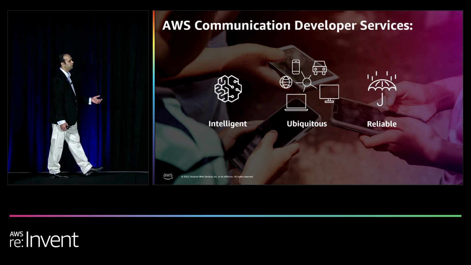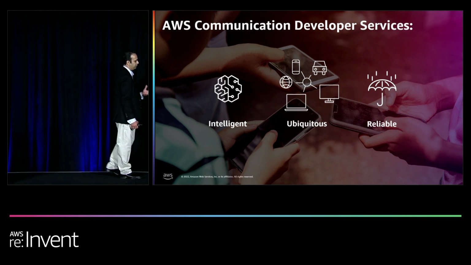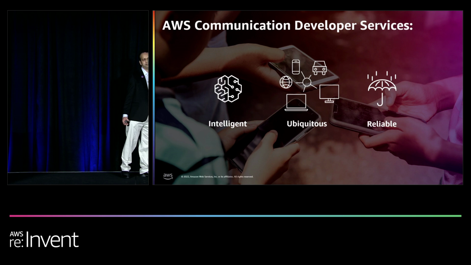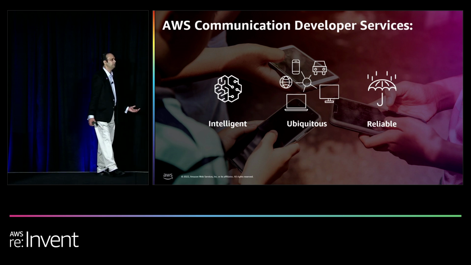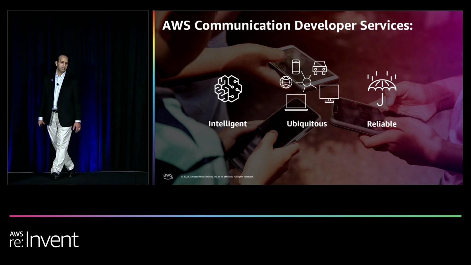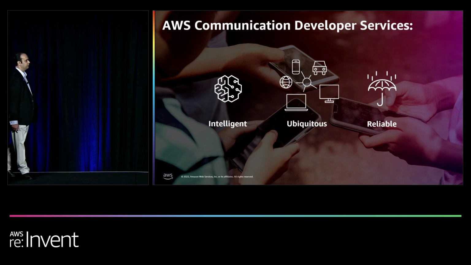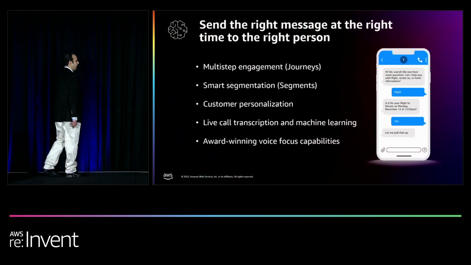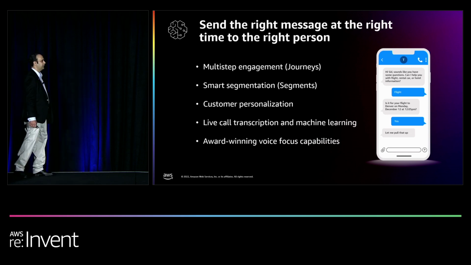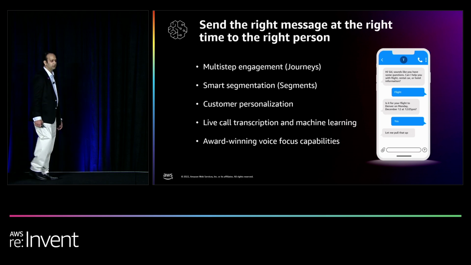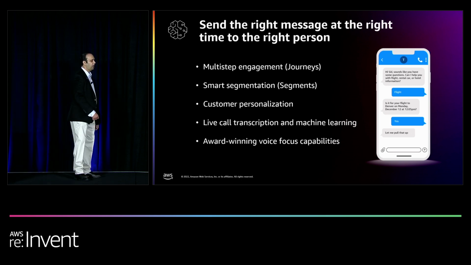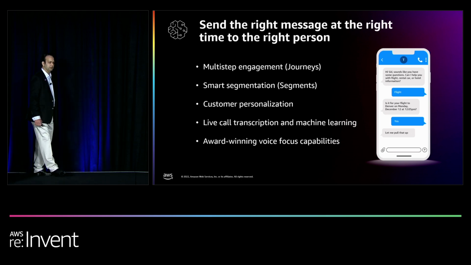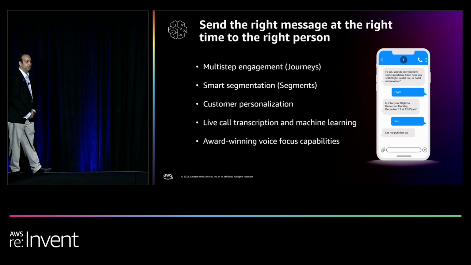And finally, we come to the reliability aspect. Looking at, for example, the Amazon Chime SDK, we provide voice and video services for WebRTC across 18 different regions globally. So we provide global access to our services across multiple different regions and automatic redundancy across these regional deployments that we make.